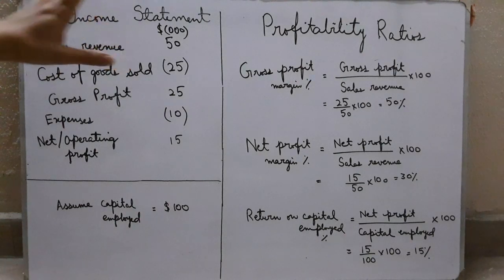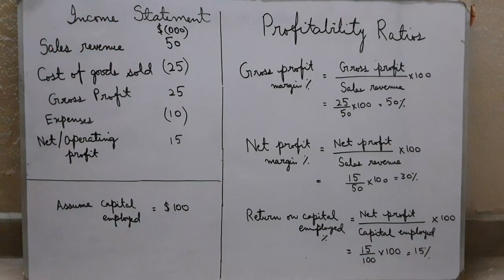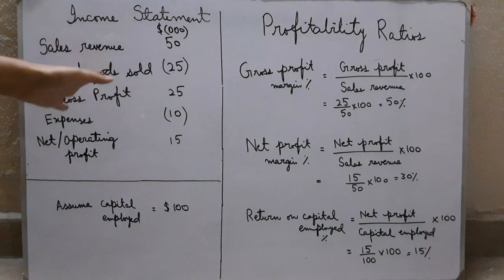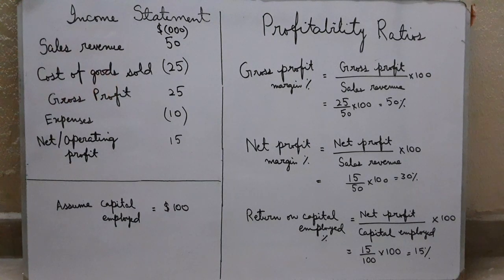Now the first profitability ratio is gross profit margin. And the formula is gross profit divided by sales revenue multiplied by 100. Both these things will be given to you in the income statement. And the answer which I have calculated using information from this is 50%. Now clearly you have to compare this percentage with previous year's information. Otherwise you cannot comment on whether it's a good ratio or not.